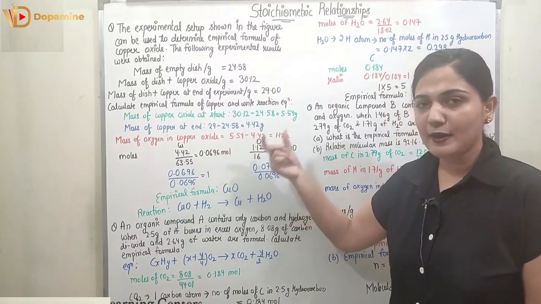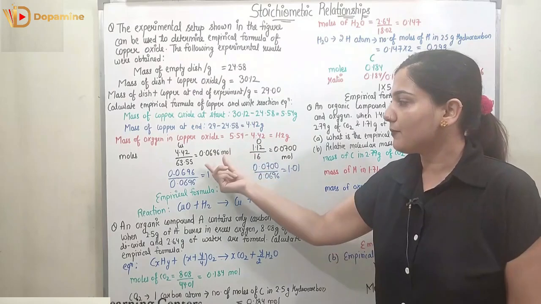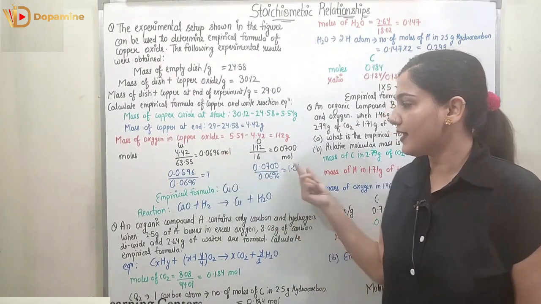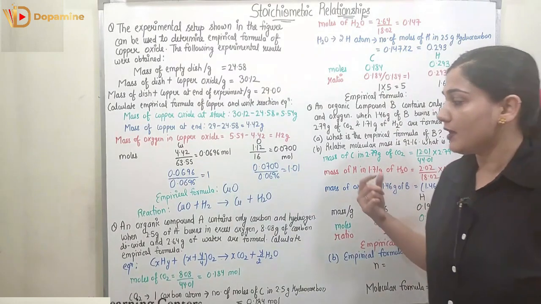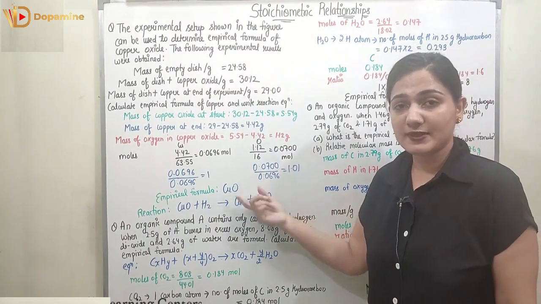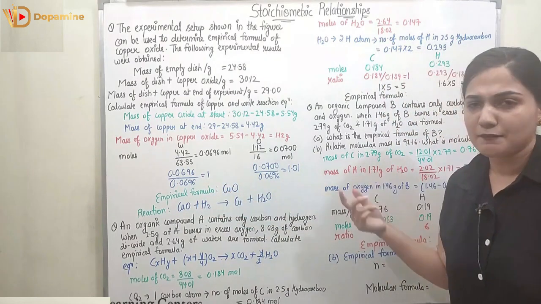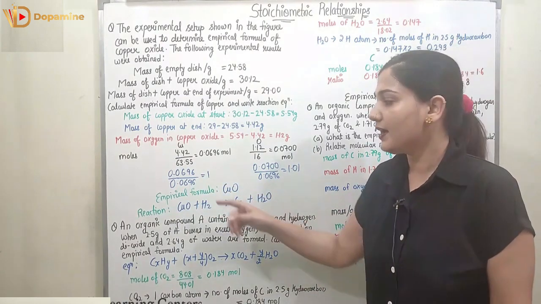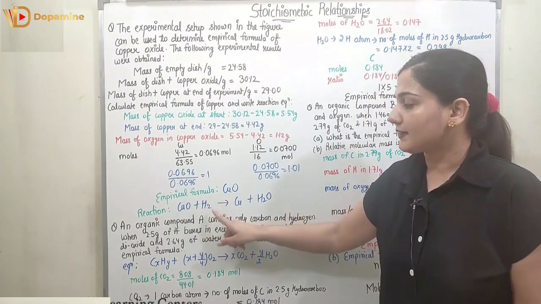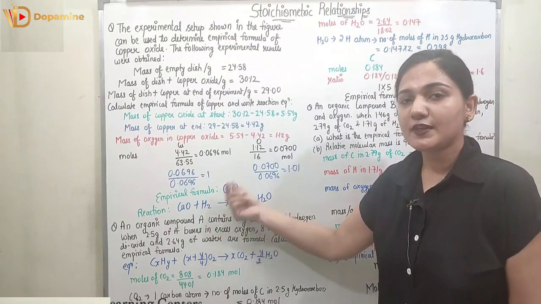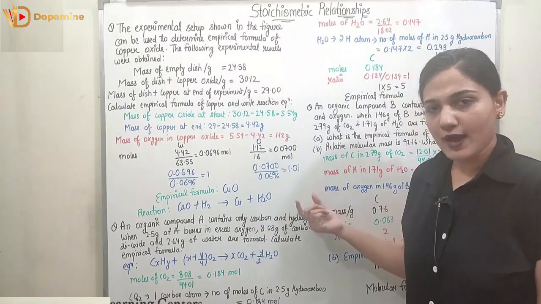Now we need to find the whole number ratio, so we divide by the minimum of the two. The minimum of the two numbers is this, so we divide by this number. So here I will get 1 and here I will get 1.01. So this is the empirical formula, which represents CuO, right? Copper has the subscript 1, oxygen has 1.01, which can be represented as 1. Now in the reaction, copper oxide was reacted with hydrogen, so it is a reduction reaction and it is reduced to form copper and H2O at the output.